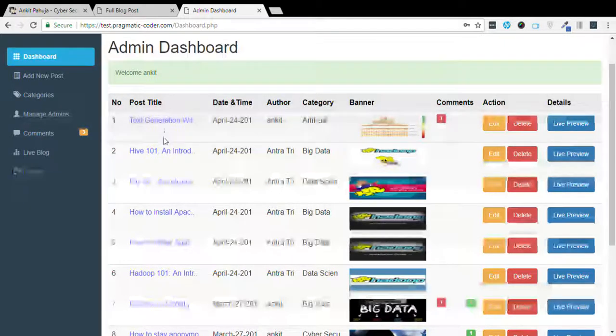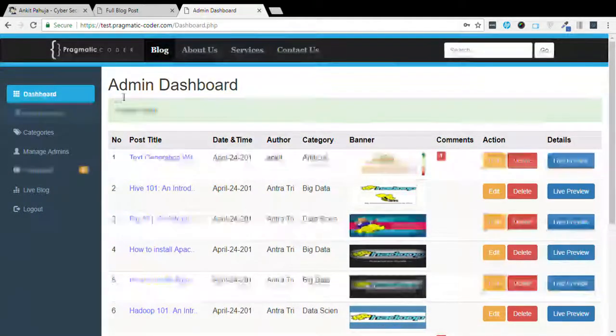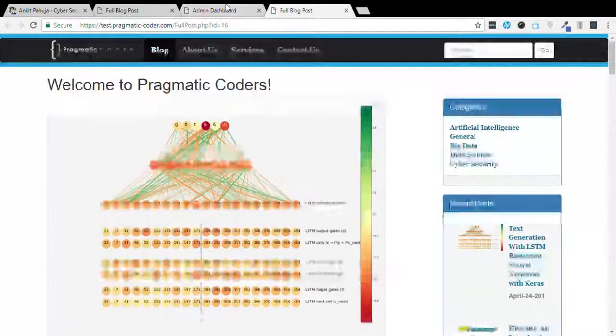For every post we have title, date and time, author, category, and so on and so forth details, right? So I think we made a comment, right? So I'll get onto that functionality as well. What you could do is in the dashboard you could see the post title and correspondingly how many comments are waiting. These are basically unapproved comments. You could edit the post, you could delete, you could live preview it. So if you just click on that, you get the post ID and you could just preview it straight away,